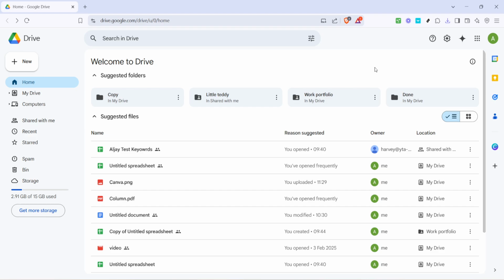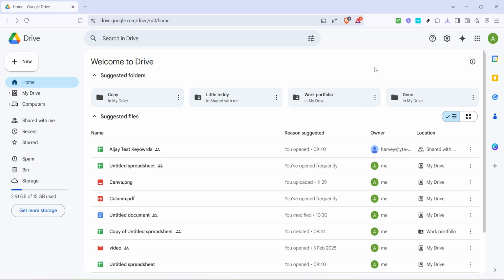First, what you'll want to do is open up your web browser and head over to Google Drive. This can be easily done by typing drive.google.com into the address bar and hitting enter. Once you're on the Google Drive homepage, take a quick moment to ensure you're logged into the correct Google account that you're looking to modify. It's important to double check because you might have multiple accounts, and making changes in the wrong one could lead to a bit of confusion down the line.